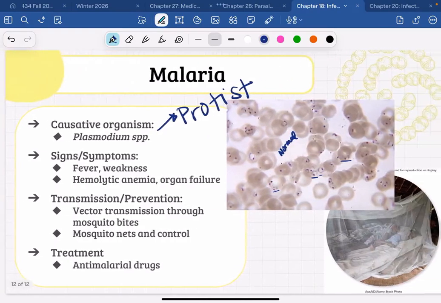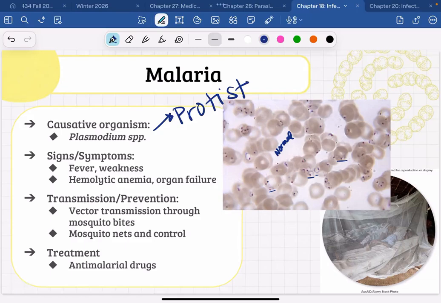And malaria is spread through vector transmission through mosquitoes, again. So through mosquito bites. A mosquito bites somebody who is infected with malaria, and that transmits to somebody who doesn't have malaria. And again, malaria is a very significant cause of death worldwide. And it's still true to this day that the best way of treating or preventing malaria is to prevent you from getting it in the first place, usually with mosquito nets. So mosquito nets and mosquito control, so killing the mosquito population and preventing people from getting bitten by mosquitoes, remain the best treatments for malaria.